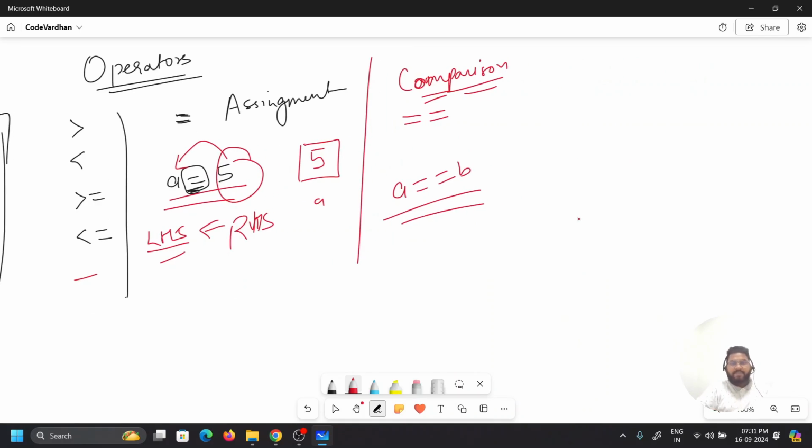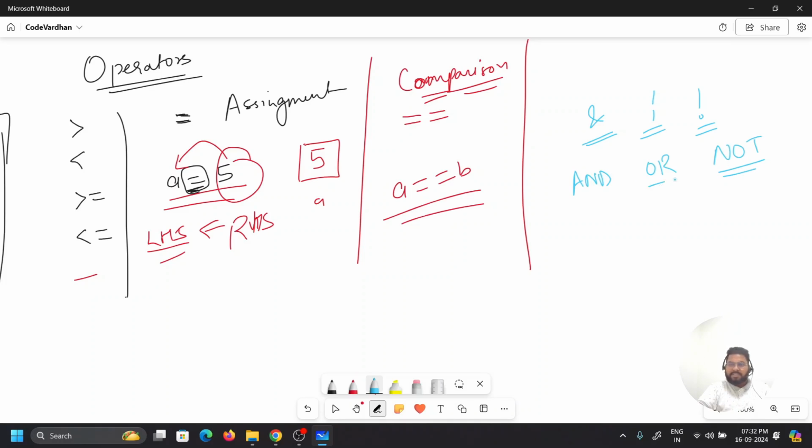Apart from them, we have a few more operators which are commonly and widely used in our programming: the AND operator, OR operator and NOT operator. These are logical operators which we use inside our code. In most programming languages, you can also see them written as and, or, and not.